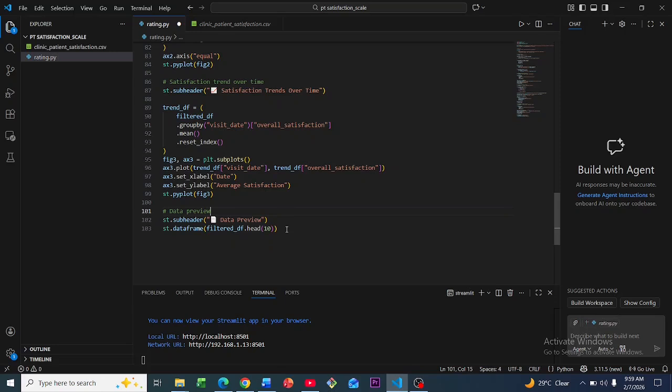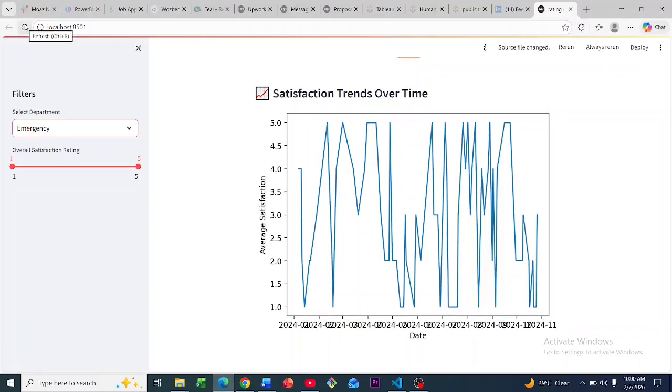So to get the first 10 rows in your data set, remember that all you have to do is call on the .head method. We call on .head and pass in 10 to give us the first 10 rows of our filtered df, and we just have to use st.dataframe to make sure that it returns a data frame structure back to us. So you can go ahead and save this, and if we go back to our dashboard